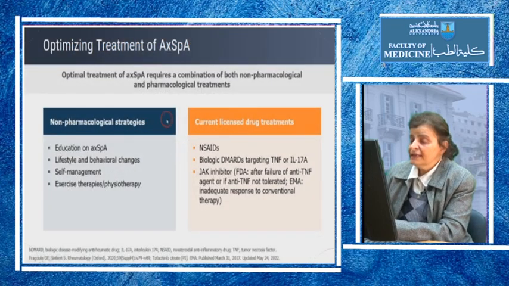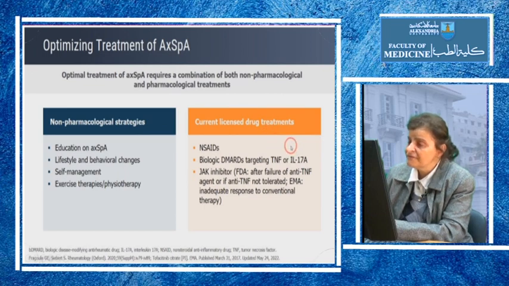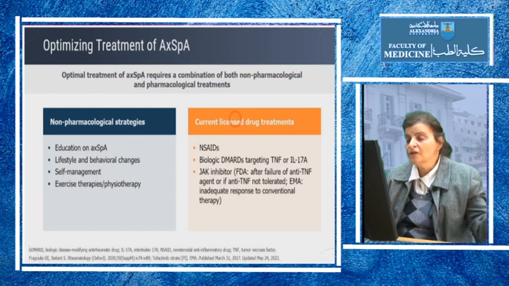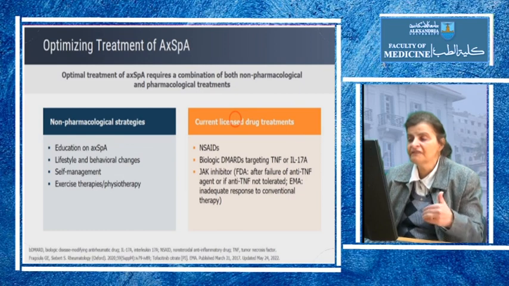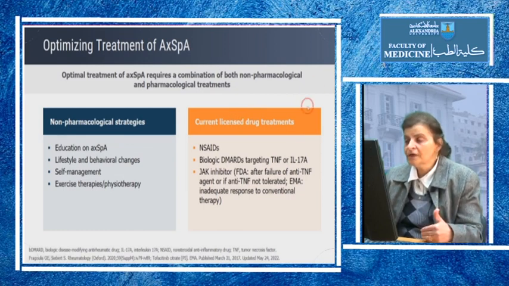In addition to the non-pharmacological strategies, what are the licensed drugs that we have? Our number one drug that we start off, as you saw, there was a lot of pain, is the non-steroidal anti-inflammatory drugs. We start off with that. Then, if we do not get optimum improvement, we progress to the biologic DMARDs. As you saw in the etiopathogenesis, a lot of pro-inflammatory cytokines are involved in the inflammation, including tumor necrosis factor